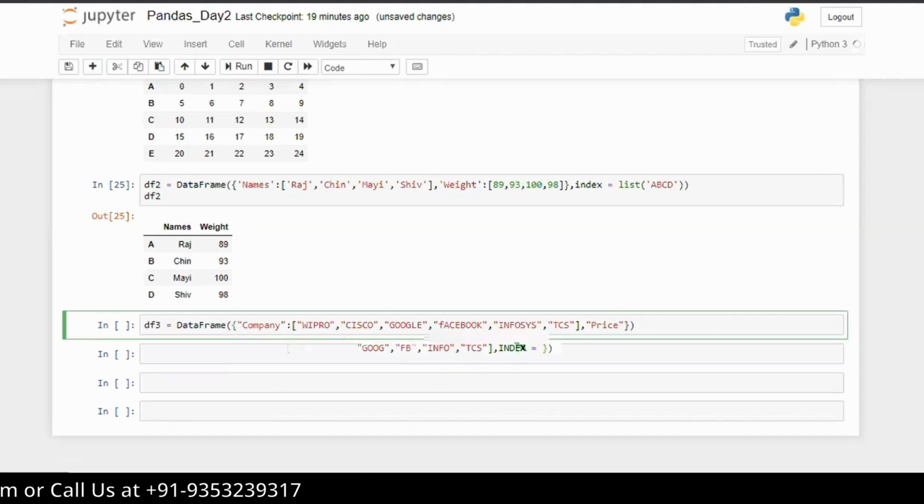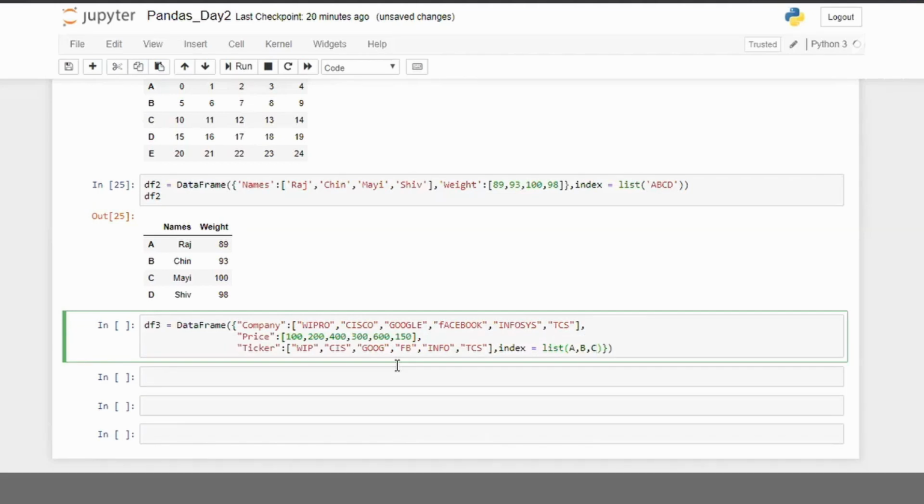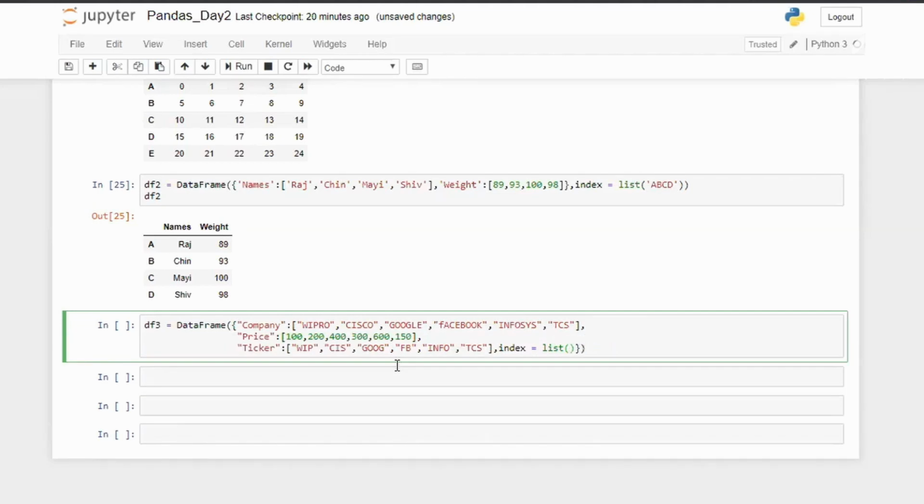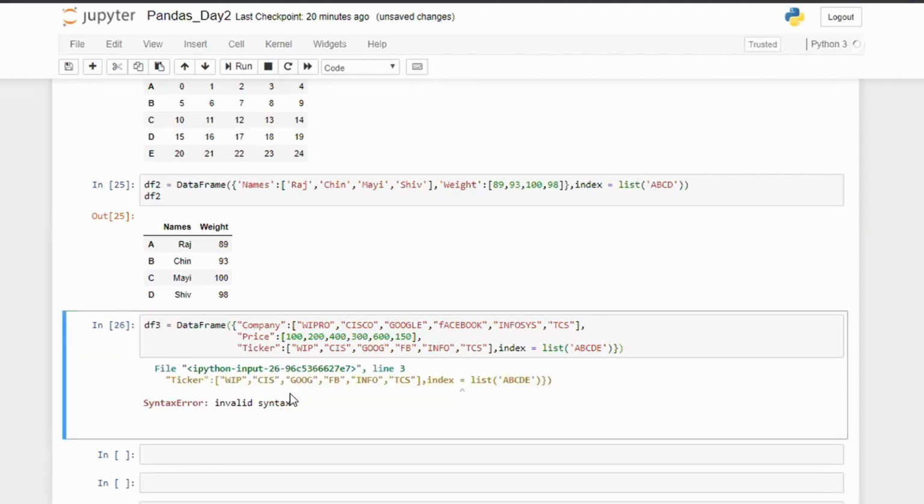Index is equal to list of A, B, C, D, E. That's it. Let's run and see.